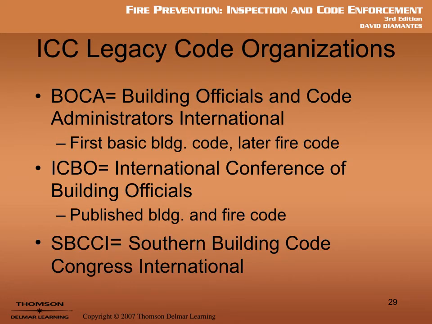Before I became an inspector, here in California, we had the Uniform Building Code, and it came from BOCA, the Building Officials and Code Administration International. And then there was ICBO, the International Conference of Building Officials, and they published building and fire codes. And then there was the Southern Building Code Congress International. You know what? I think that the Uniform Code came from ICBO, not BOCA. But those 3 agencies and the NFPA originally decided that they were going to make just one code instead of 4 separate kinds of code.